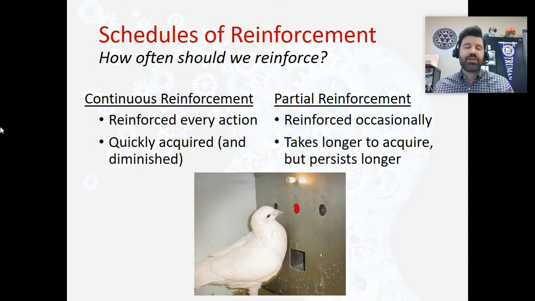Now, the disadvantage of partial reinforcement is it takes a little bit longer to figure out what you're supposed to do to get rewarded. It takes you a little bit longer to learn a behavior. But the advantage is that behavior usually will last longer. It'll persist. There are different types of partial reinforcement, which we're going to talk about in our next slide. But let's think about this kind of real world example, because in an ideal situation, you would start with continuous reinforcement and then transition or shift into partial reinforcement.